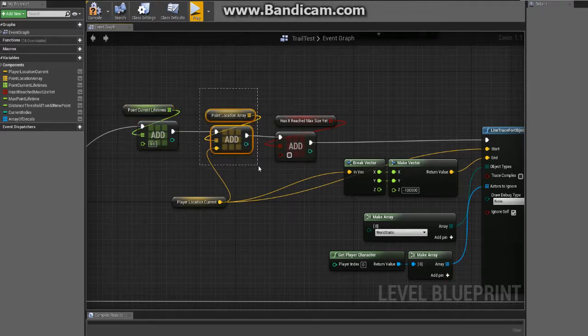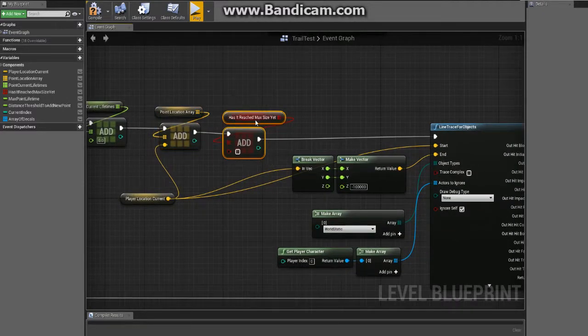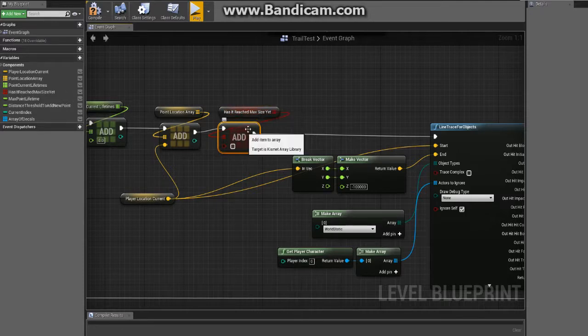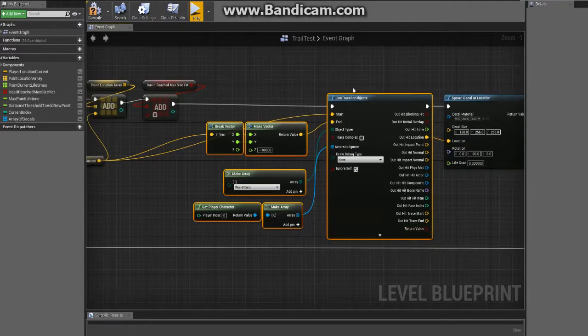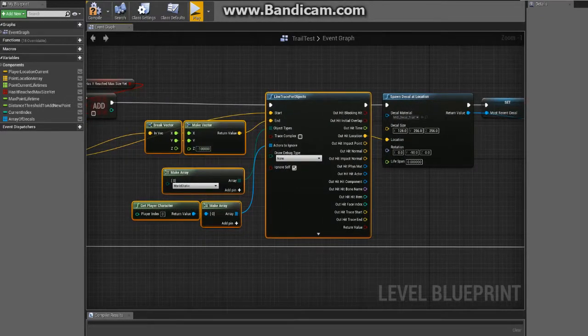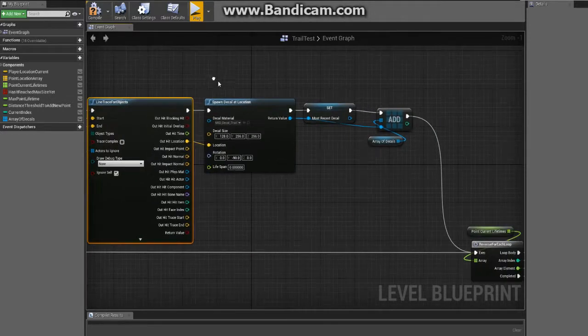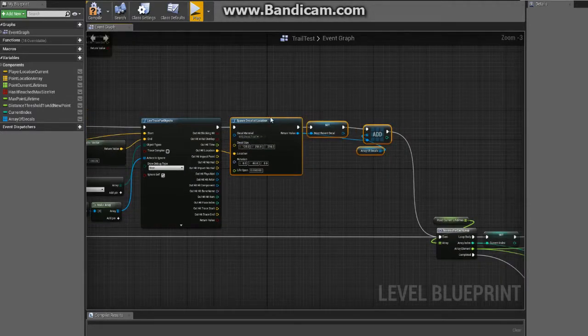We're going to add that current location to that point array. We're going to add in a slot for has it reached max size yet, and we're going to default that to false. And then we come in and do the same thing. We do that same trace. I mean, you could throw this into a function realistically, and then we spawn another decal,